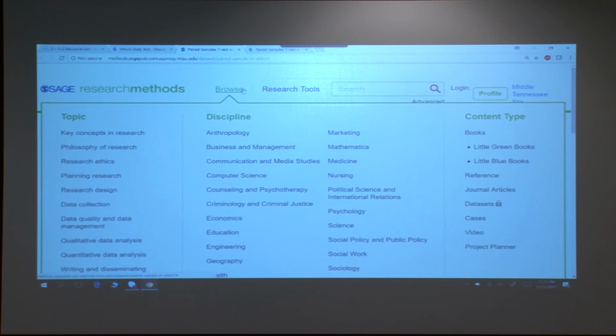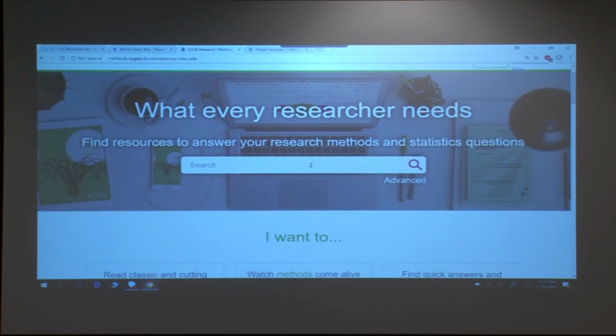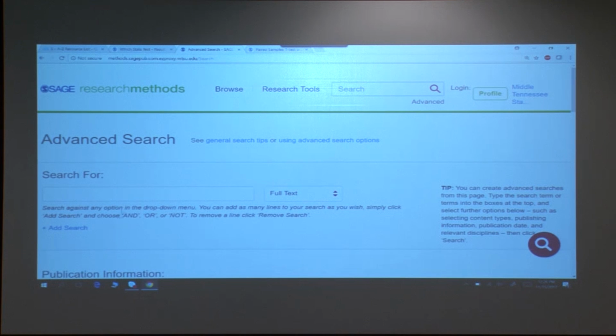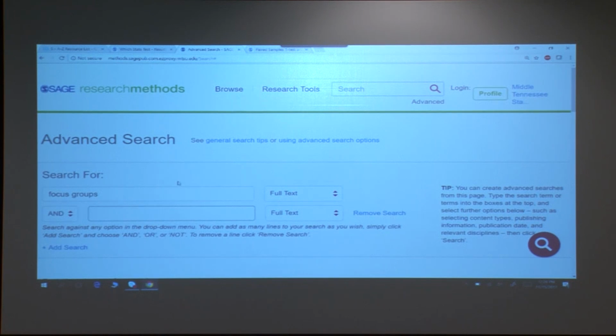I do want to go back to the main page, so I'm going to click on SAGE Research Methods. To do a search on a topic, you could search within the main field or do an advanced search. I found, playing around with it, that sometimes you don't have to put things in quotes, but you really do. If I just typed in focus groups and then added a field of special education, and did a search on that,